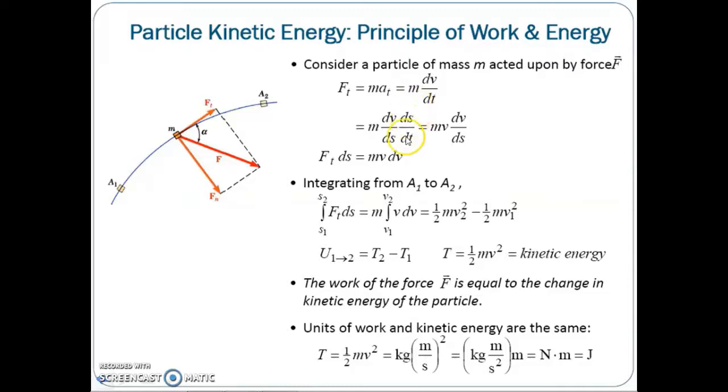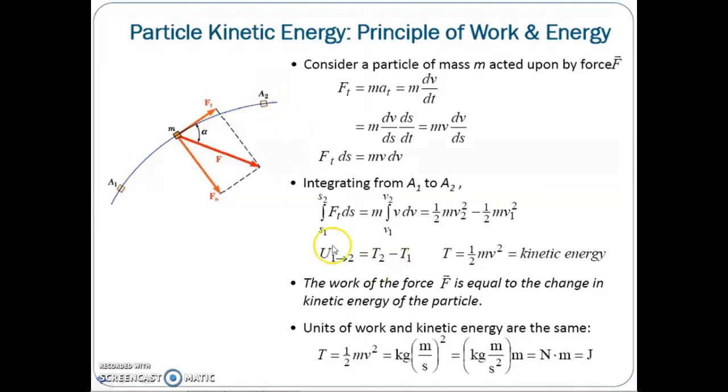So ds dt is the velocity, v. So we will have this m v dv ds. And we rearrange it, we will have this Ft ds equals m v dv. So if we integrate this from A1 to A2,